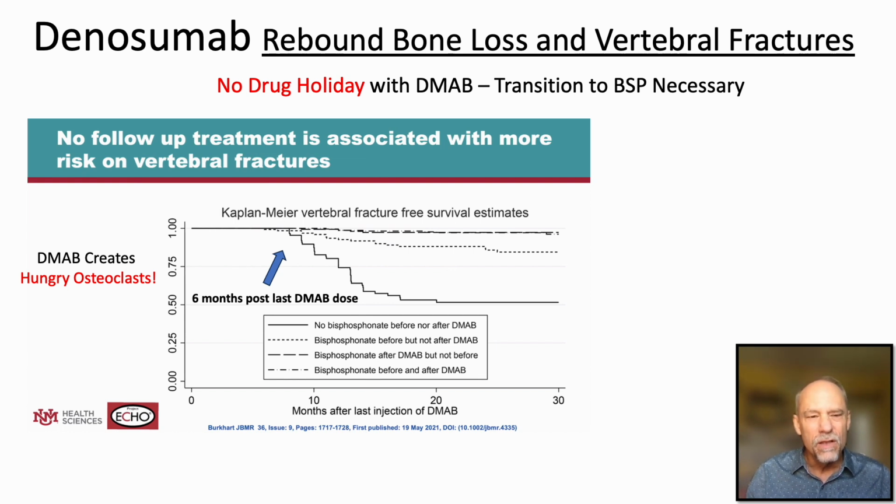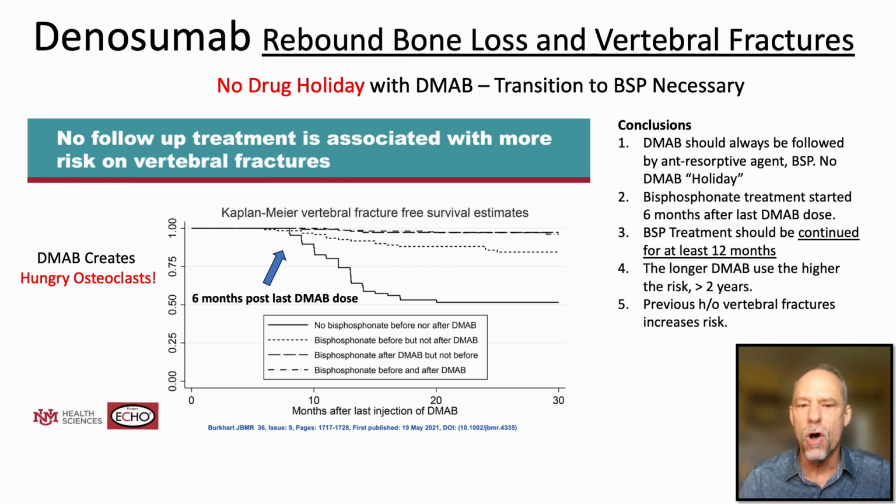So there's this bottom line here where the arrow is. This is about 6 months, and the likelihood of a vertebral fracture happens really quickly, 6, 10, 12 months out, right? This dotted line is if a person has ever had a bisphosphonate beforehand. So if they had a bisphosphonate before denosumab, it's still in their bone and it decreases the likelihood of rapid loss. And if you give them a bisphosphonate right when they're scheduled to get their next dose of denosumab at 6 months, then the likelihood of these vertebral fractures, which sometimes can be multiple and cascade through the spine, can be reduced significantly.